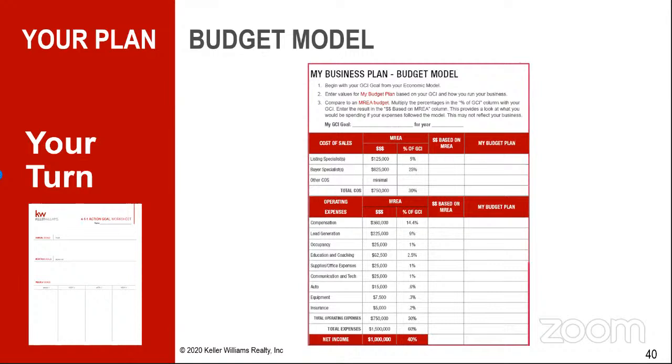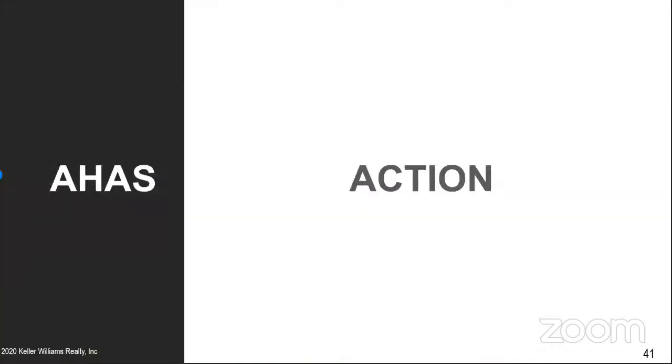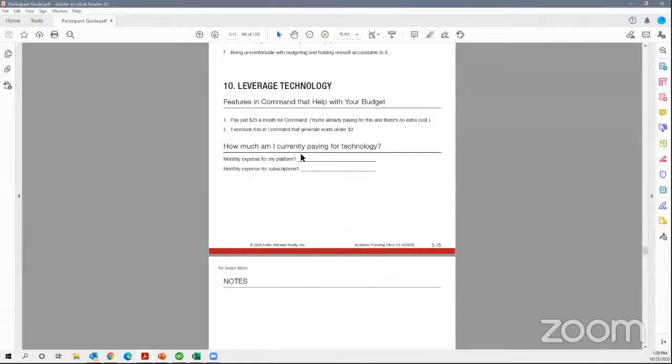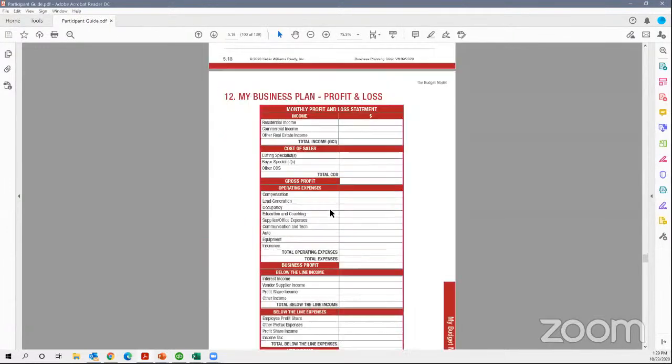So your homework after this video is to put together your business plan, and then put together your profit and loss statement as well. You'll see the links to that below in the description box. And then I want you to break out your 411. Let me open it over here. You're going to add into your 411